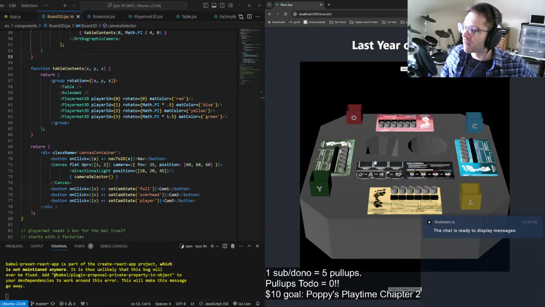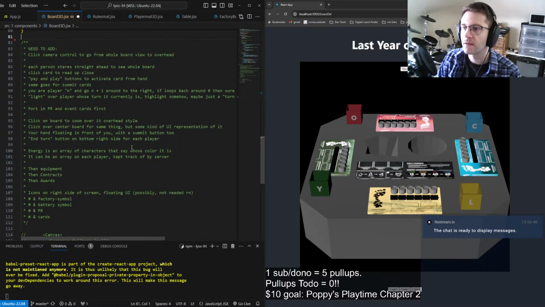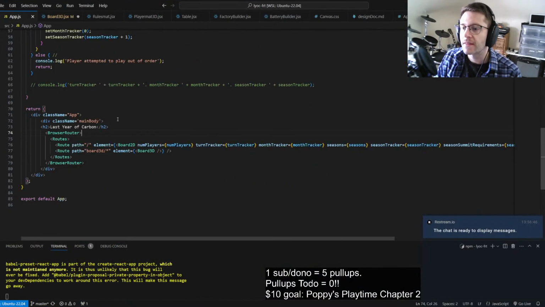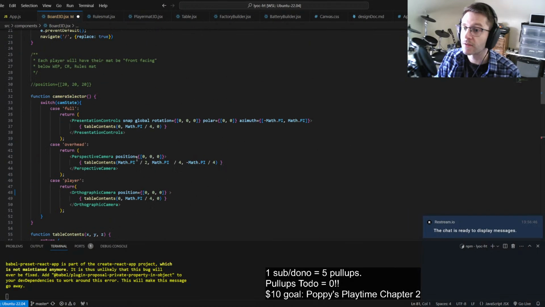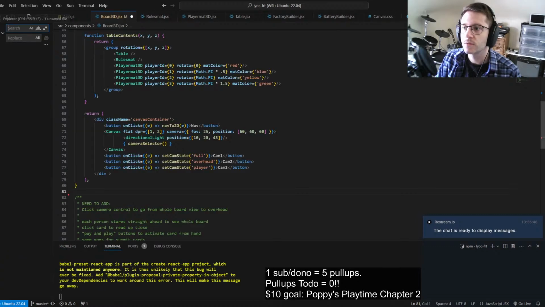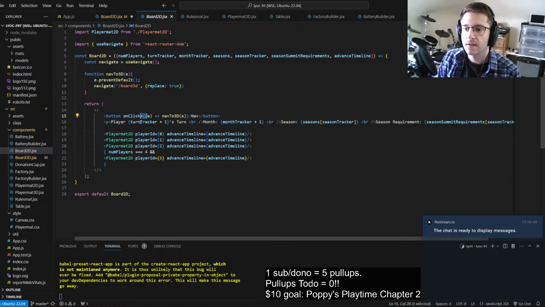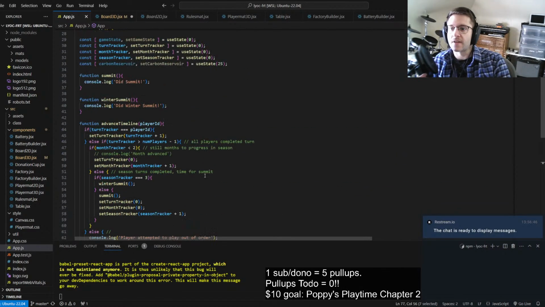So this is how the game looks, but next we're gonna have to start jumping into how the game functions. So I think on top of the board itself, we're gonna need some sort of game controller, or we can just consider this our game controller. Probably will make things easier. So I got my rules mat. What I really want to see is my board 2D. So we have all this stuff. And so the app itself is what keeps track of